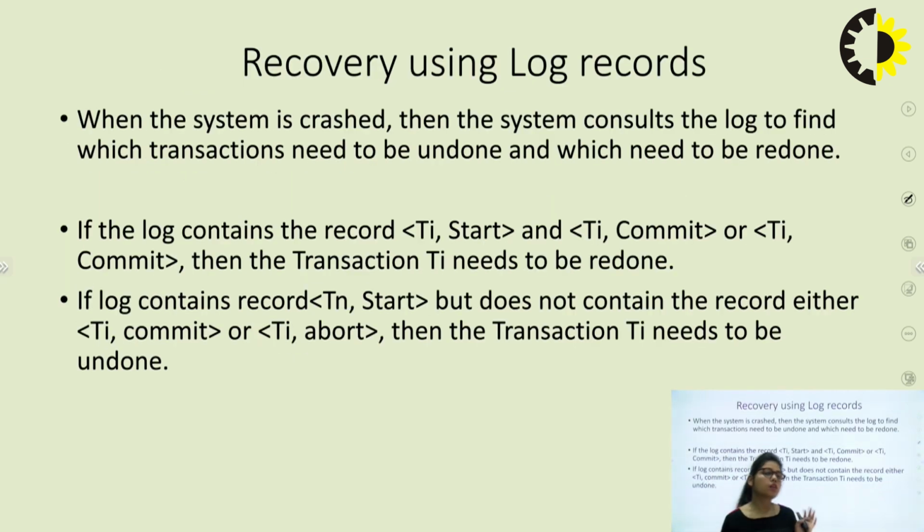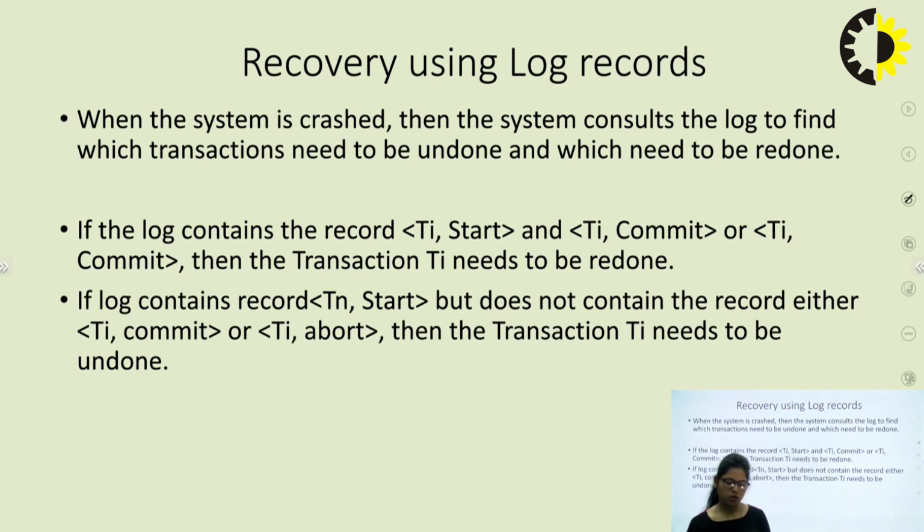The next one is recovery using log records. When the system crashes, the system consults the log to find which transactions need to be undone and which need to be redone. If the log contains the records Ti start and Ti commit, then the transaction Ti needs to be redone. If the log contains the record Ti start but does not contain either Ti commit or Ti abort, then the transaction Ti needs